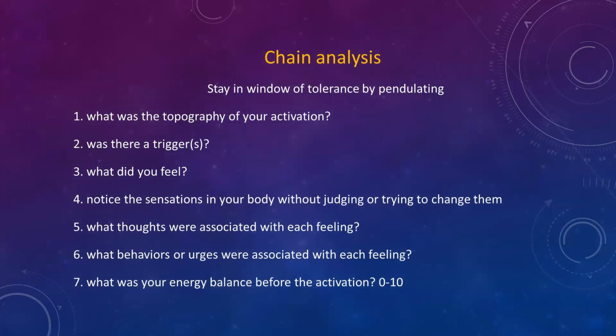She decided to do a chain analysis for one such spike. The incident was that when, as had long been their habit, Allison and her sister had come home for a visit on a Sunday afternoon, they found in the driveway a large new Cadillac SUV. Ingrid proudly announced that she had just purchased it. Allison reviewed the topography of her activation around the time of this incident. While her anxiety had been higher for at least the last year, it spiked whenever she visited Ingrid, particularly when she found yet more evidence of her financial irresponsibility.